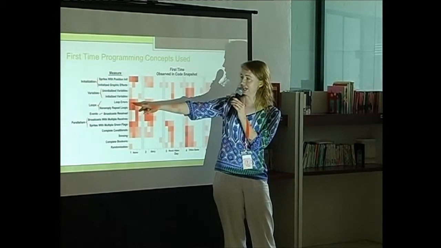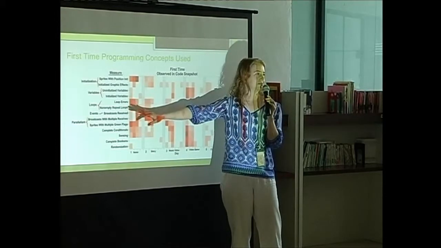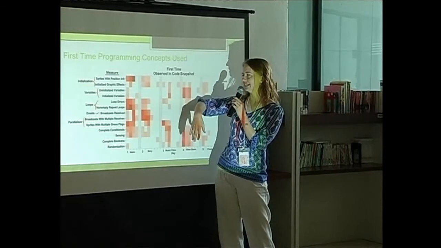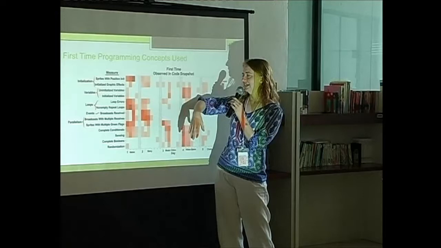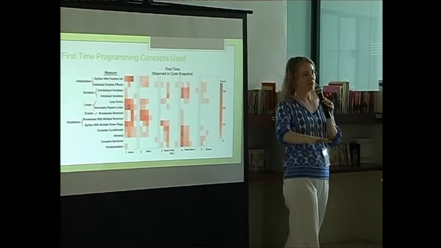Loops, here's a fun thing. We looked at errors in loops, and then we looked at when there weren't errors. So like a repeat loop that was used under a green flag statement or under an event hat that was not empty, and that repeated more than 0 times, or broadcast. So this came in early, the main project sort of facilitated that. And then broadcast, this really happened with the story. And then we looked at, say, where they're broadcast with multiple receives, which gets into sort of a parallel structure. So like say message 1, and we have 4 sprites that respond to that message 1.